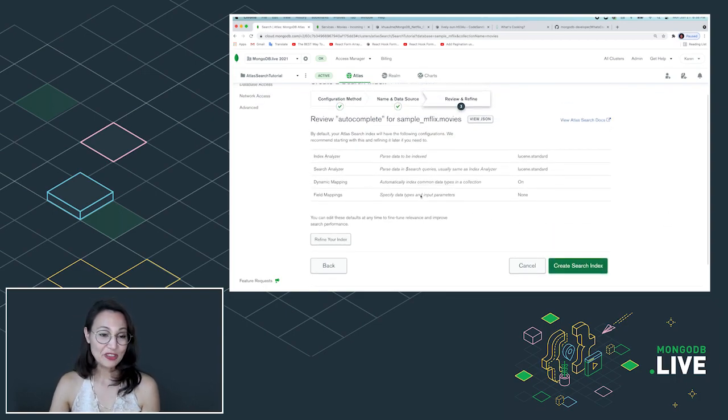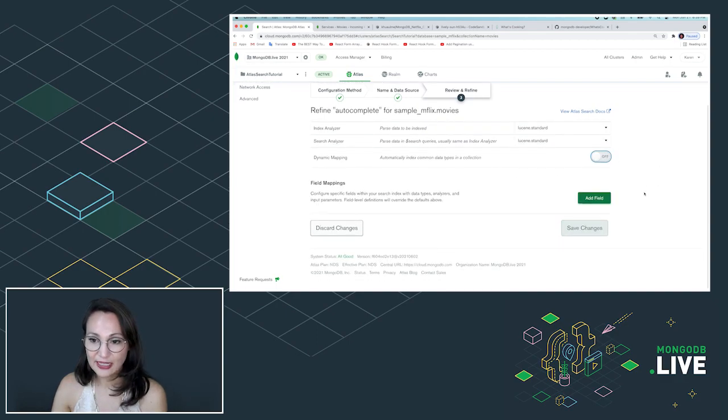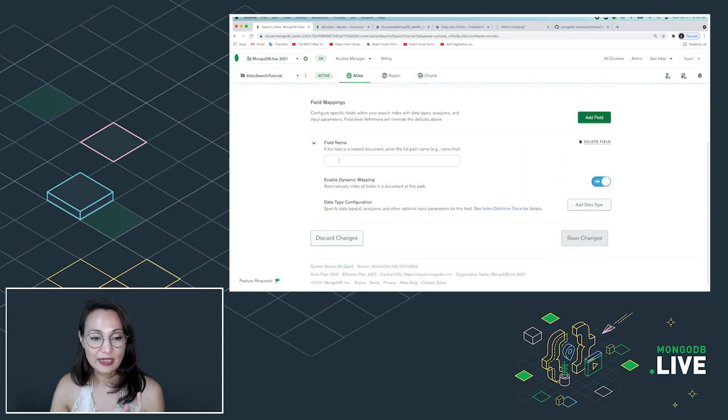Now, Brian mentioned that he was mapping everything dynamically. This is great when you have small data sets, maybe not a lot of fields, because it's going to take all the data, and as your schema evolves and changes, it's going to take that data and add it to your index. But as your data grows, you might find that you have really large collections, and you might have hundreds of fields inside of every document, but you might only care about a few fields. So if you're mapping everything dynamically all the time, you're going to take a hit in performance. For autocomplete, I only want to index one field. So I am going to refine my index, and I'm going to turn off dynamic mapping. And the field that I want to use is title.